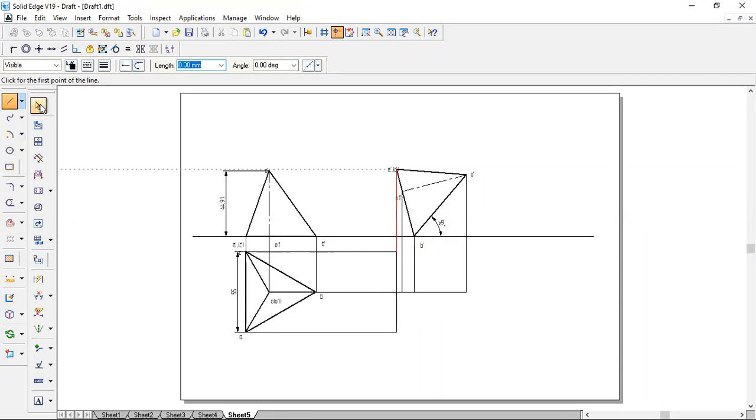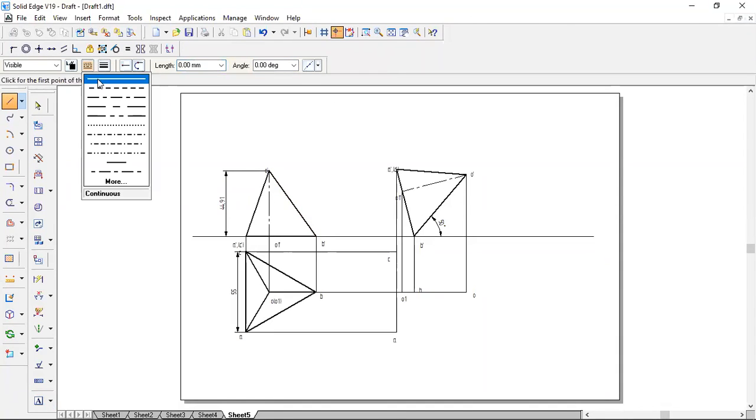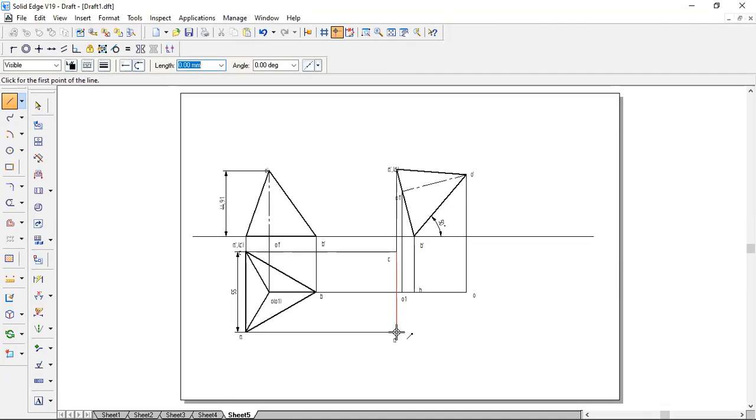Every time it's the same kind of procedure which I am following here. First we need to do the naming, that is C. This is A. Then this is B. And this is O. And this is O1. After naming, as I told you, it should be drawn with the outer view first, starting from A. So join A to O, then O to C, then C to A. So this shows the outer view of this tetrahedron.